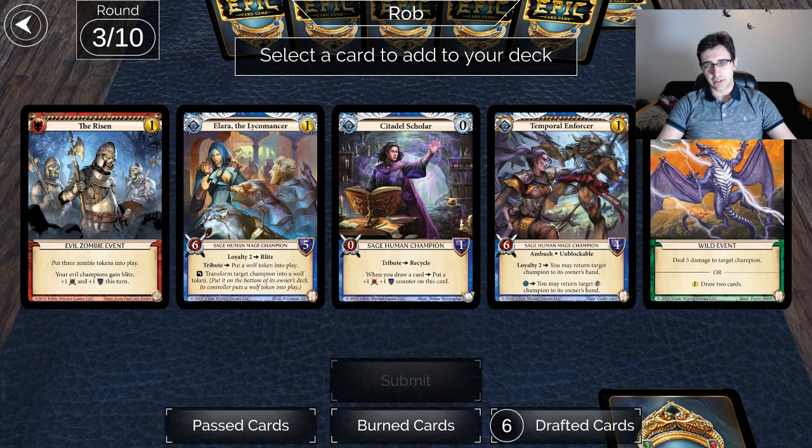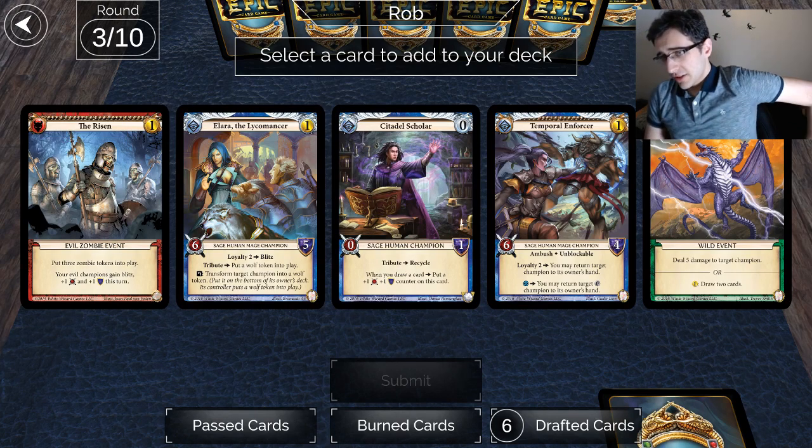Alright, I'm going to take one of these 0-cost cards. Temporal Enforcer and Lara both require Loyalty 2, and the Risen is a card that I would be hard-pressed to take in most decks, because you're spending your gold for 3 zombies. And I know my opponent has a Flash Fire in their deck, almost definitely, because I passed them in pack 1. So, given that I haven't seen too many wild cards, I wouldn't be surprised if my opponent was going into wilds. And when I say wild, I mean Loyalty 2 wild cards. So let's see